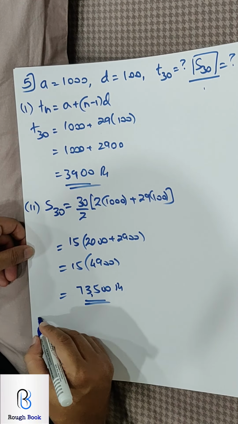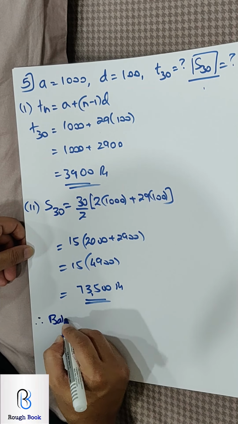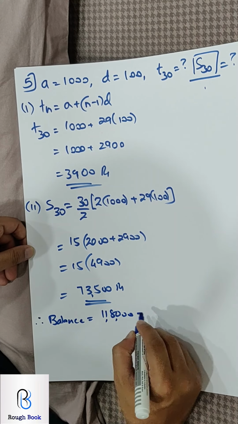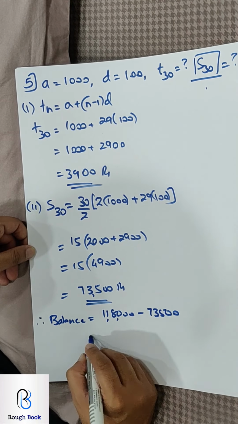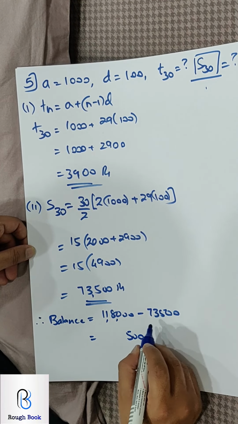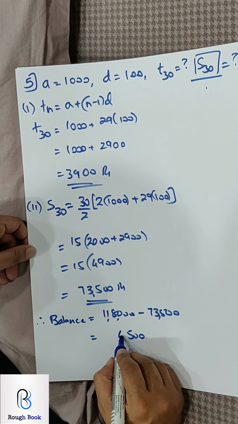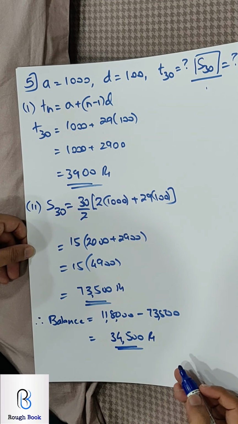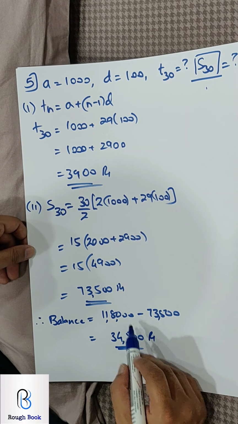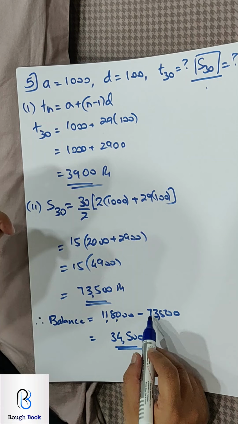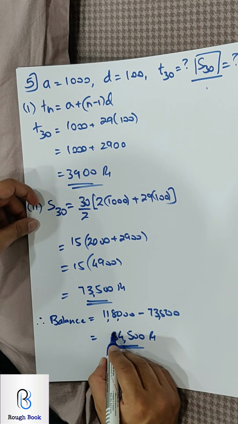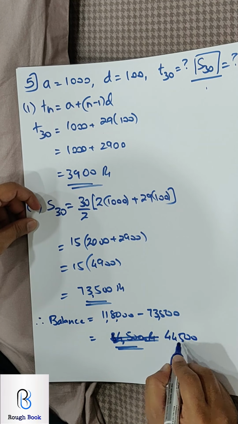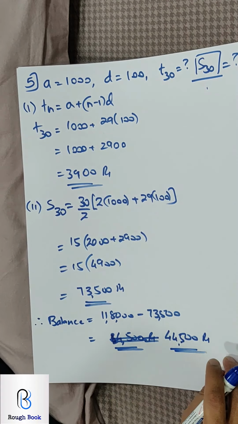So now the final part, therefore balance. So the balance is going to be 1,18,000 minus 73,500. So it's going to be 500, 3 and 5 so 4, 7 4 so 3. So this should be your balance, 34,500. Let's check once again. 10, 7 and 1 8, 10. Oh, this is going to be wrong. 44,500. So sorry, 44,500 rupees. That should be your final answer.